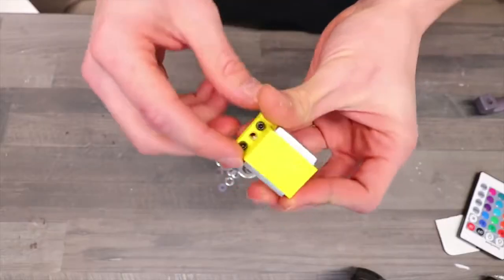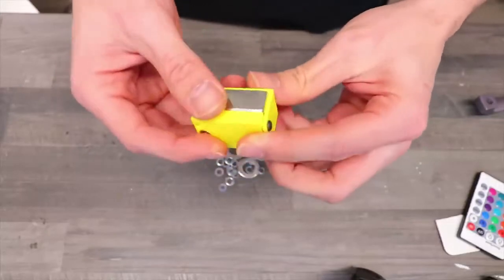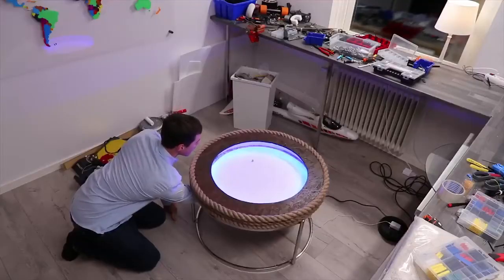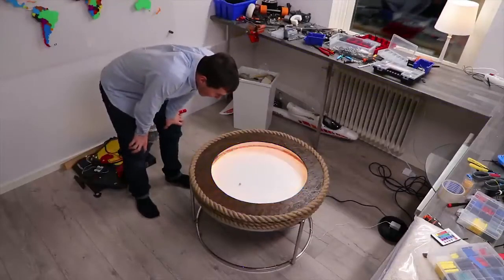This is the main magnet with the 3D printed bracket and it goes underneath the table. It takes every opportunity it gets to decapitate your hand. Whoa! This was my very first reaction,